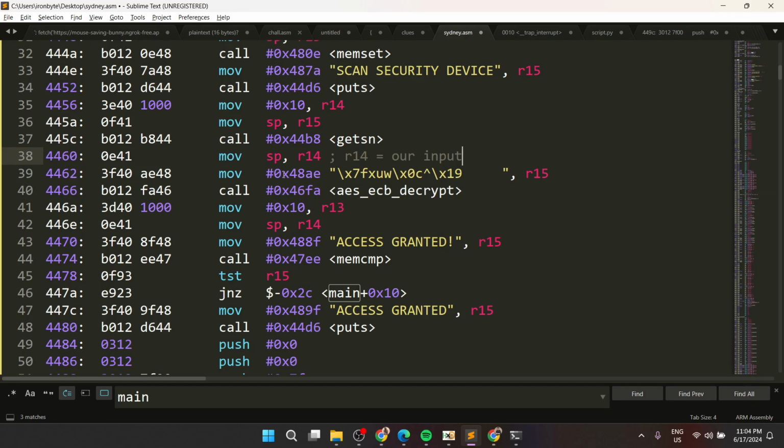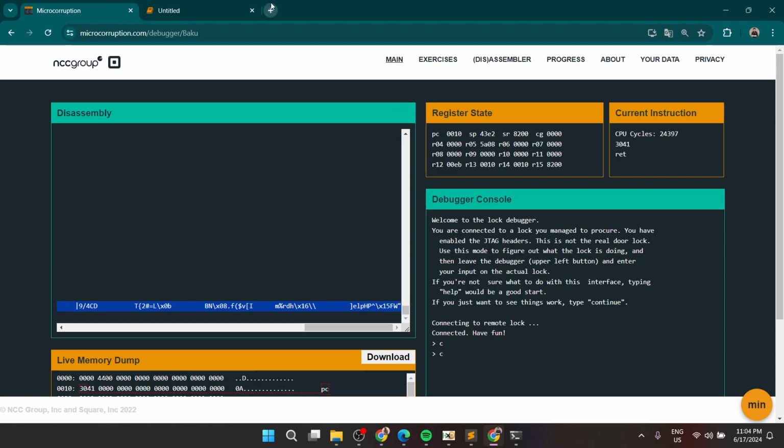So he's moving some string into register 15, then he's calling AES ECB decrypt. Okay, so there is some crypto in this challenge. It's something new in Microcorruption. We didn't encounter anything that has to deal with cryptography, so I think it's time to explain